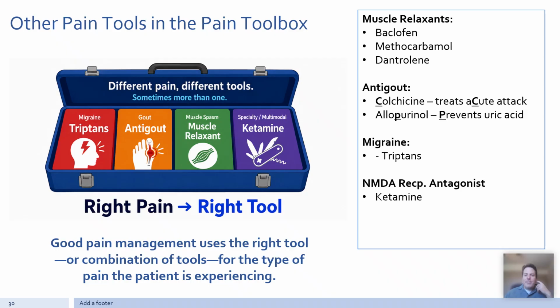You have things like ketamine, which is an NMDA receptor antagonist. And ketamine's just weird, but it works. At low doses, it can provide analgesia through a different pathway. I've given this both IV and IM, and it can cause people to have a weird trip, so I tell them about that ahead of time. And you might have like